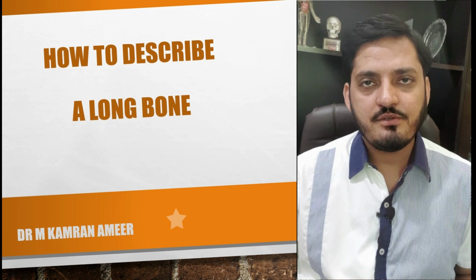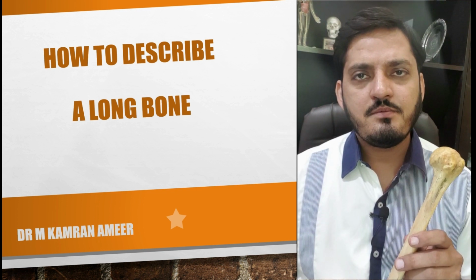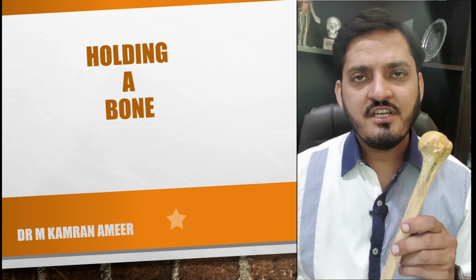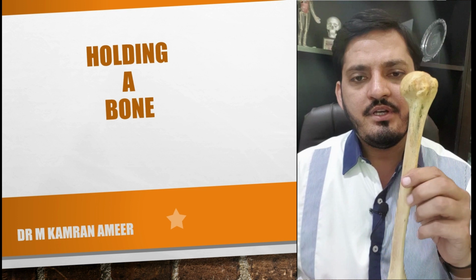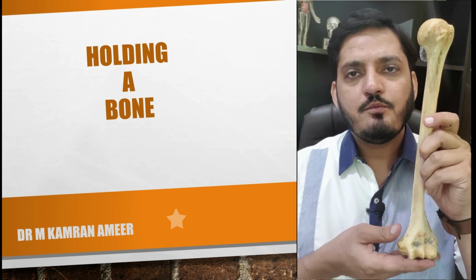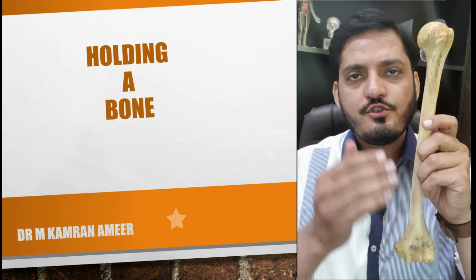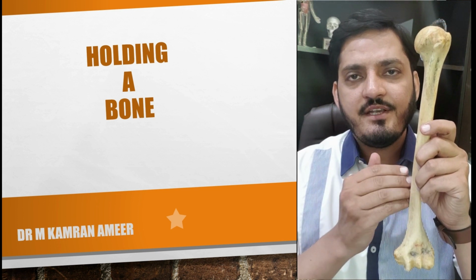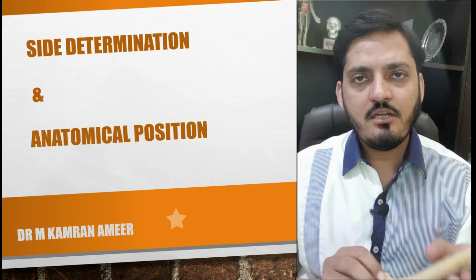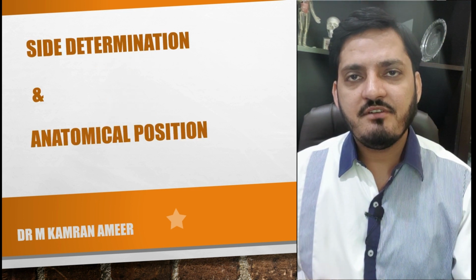for bone description. Step 1 for bone description is holding a bone in your hand. It's not very necessary, but try to hold the right bone in your right hand and the left bone in your left hand and in anatomical position. The front of the bone should be toward the examiner and the back side toward you. The link for side determination of the bone and anatomical position of the bone has been given in the description